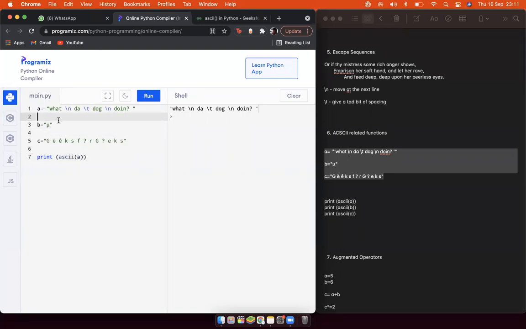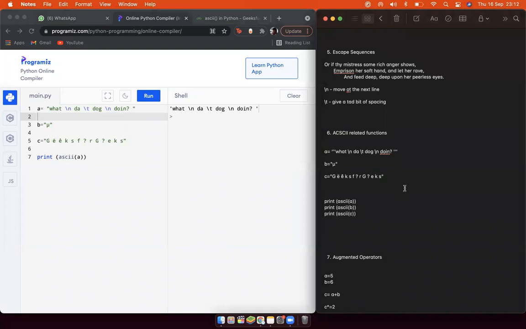So ASCII, what is ASCII? ASCII is basically, so every letter on your keyboard or every letter in the world would have an ASCII code. So a number 69 can be represented with a decimal thing, or with a code basically.